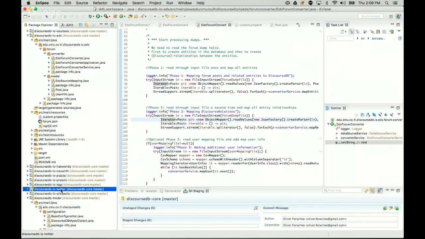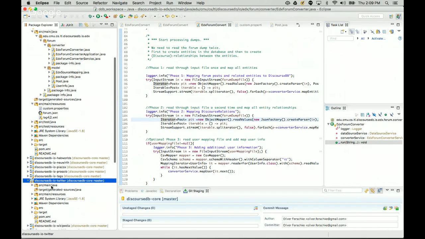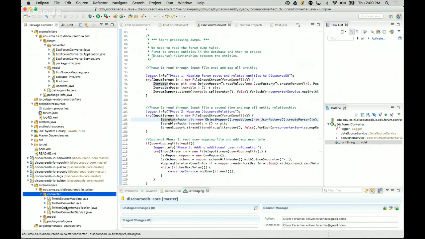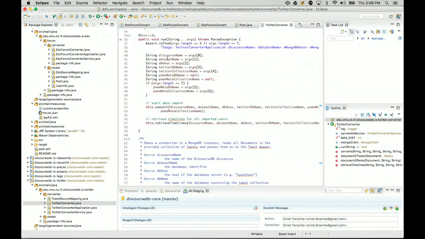So if we go to the Twitter project, as you remember, I showed you the dependencies. In the dependencies, the Twitter data is read from a MongoDB instance. So if you look at the same part of the converter, we have the same structure of projects here, the converter project, and here we have the application, the service, and the converter class. If you look at the converter class here, we actually instantiate the database connection here, while in the edX part we instantiate